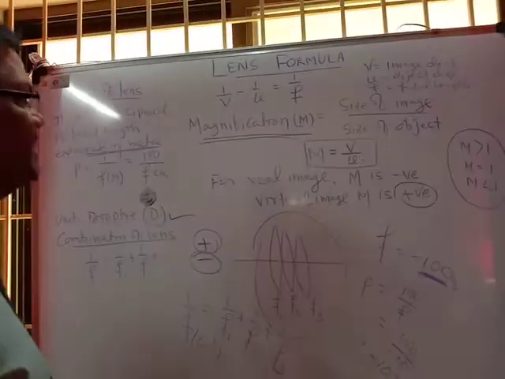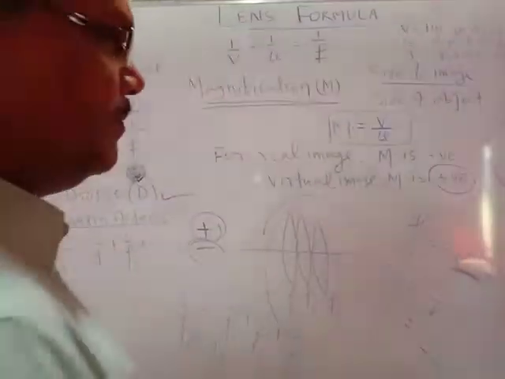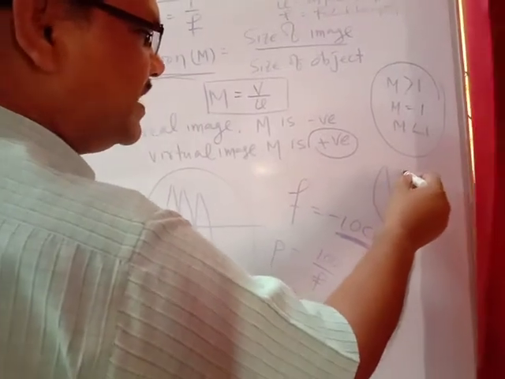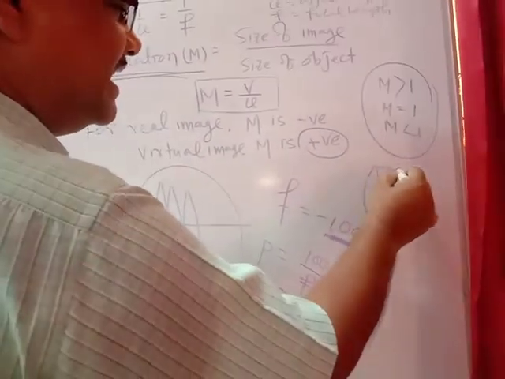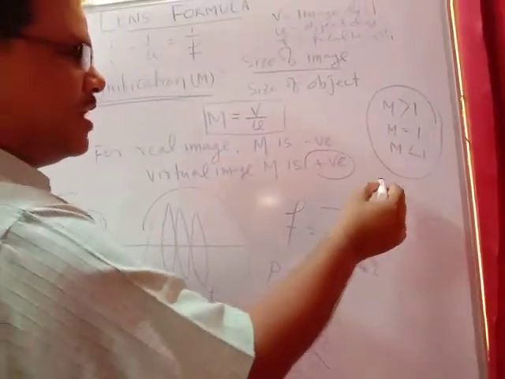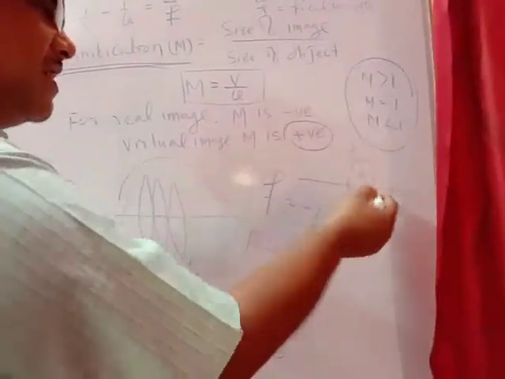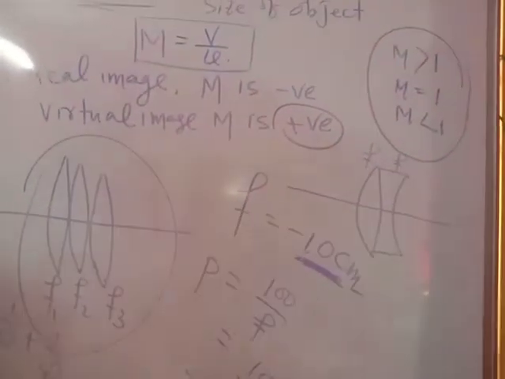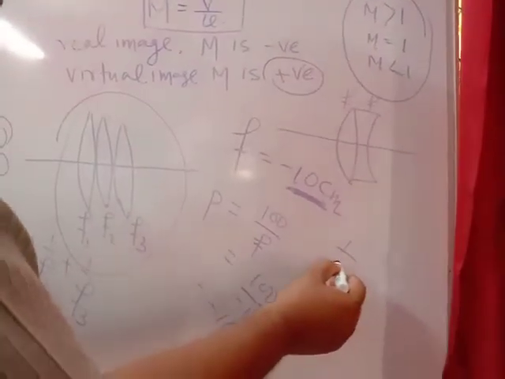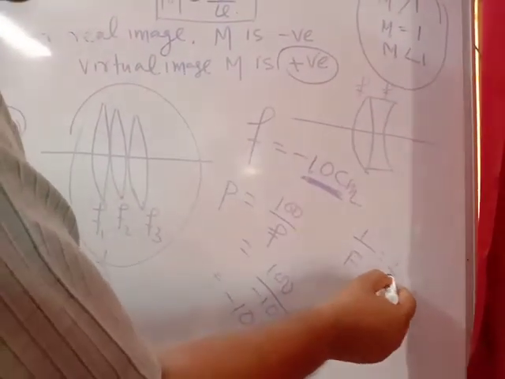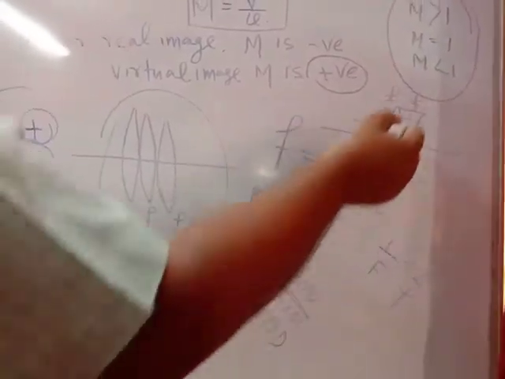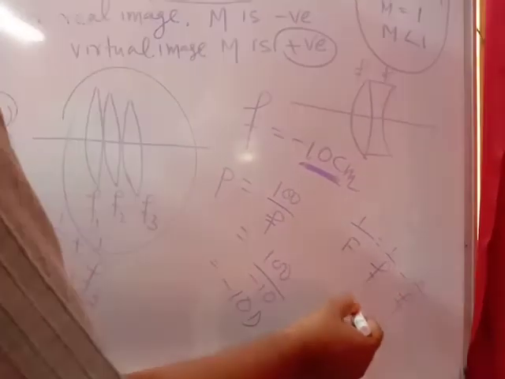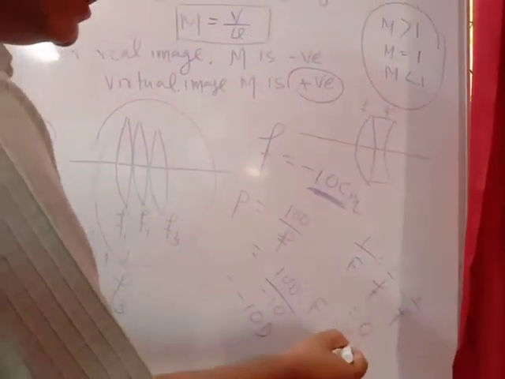For example, suppose a convex lens and a concave lens are joined coaxially like that. A convex lens of focal length f and a concave lens of focal length f, both are joined together. What will be the power of lens? If you apply the formula, 1 by F equals 1 by f, with f positive for convex lens and f negative for concave lens, so it will be plus 1 by f minus 1 by f. That is equal to 0, so F will be equal to infinite.